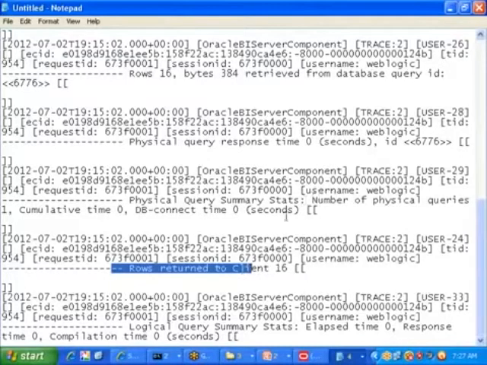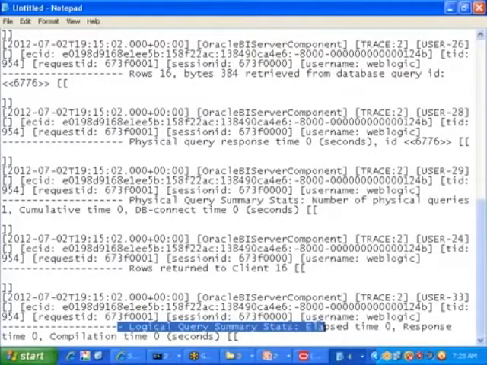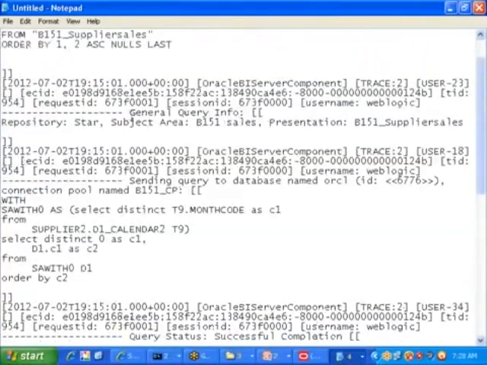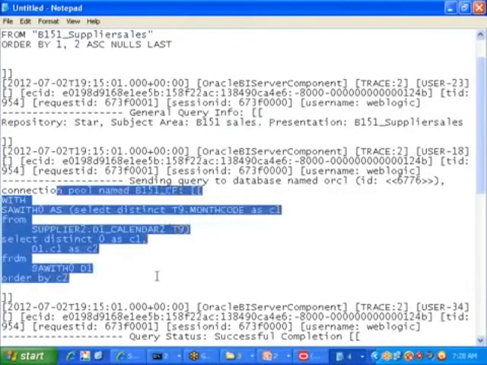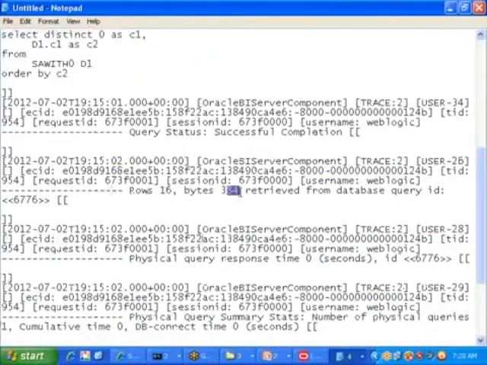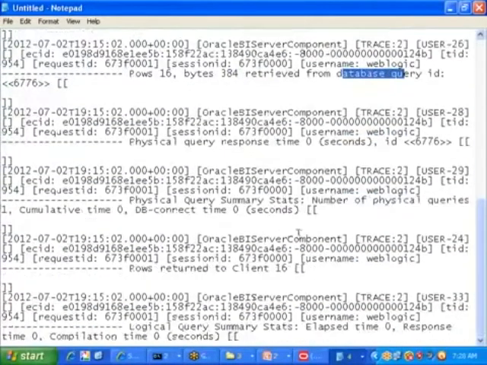Now let me go for the next one, called logical query summary status. Is this also available or not? I hope now we got 4 new parameters. One is general query info, that is repository name, subject area name, these things. Second is physical query. Third is number of rows returned from the database.